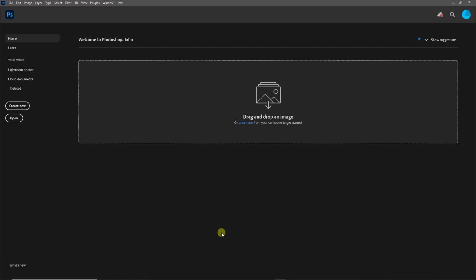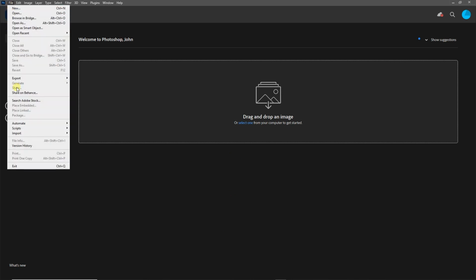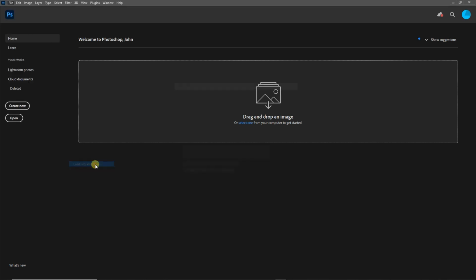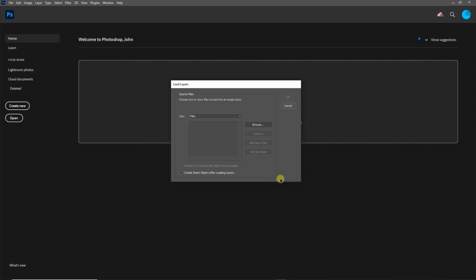So this is where the magic happens. This is super fast, super easy. I'm going to show you this. This is a sort of an automated process through Photoshop, but I'm going to show you later on how to do it manually. So you go to File, Scripts, Load Files into Stack. It'll bring up this little box here. You click Browse